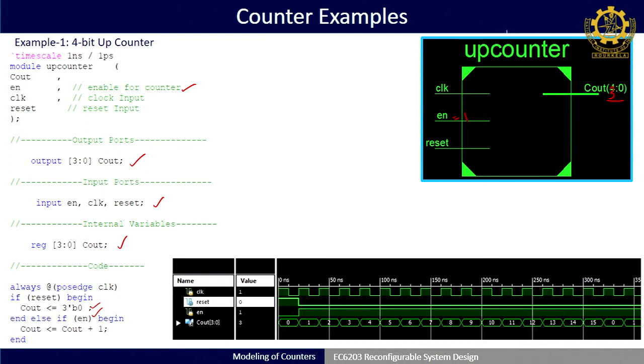Here we are not initializing the output, C out, the 4-bit output, to any value. So initially we make reset high in the test bench, so that the output is initialized to 0, and from there it can start counting up, provided enable is high.